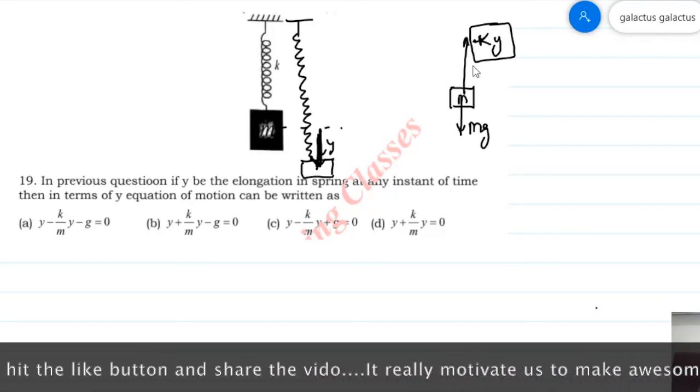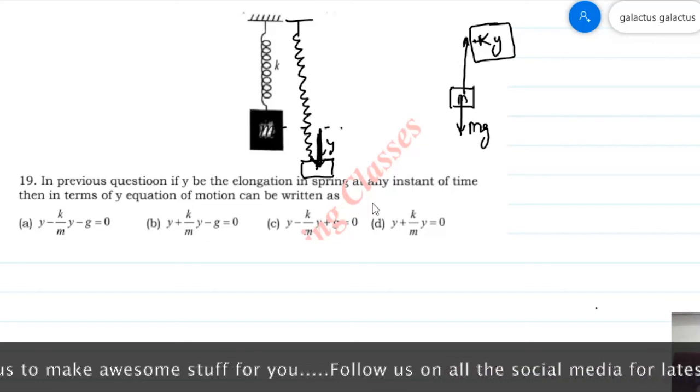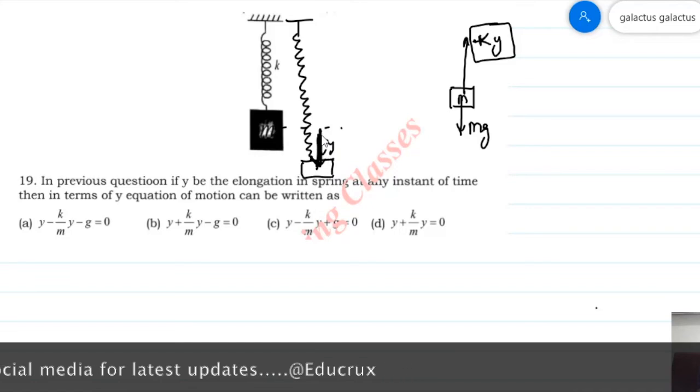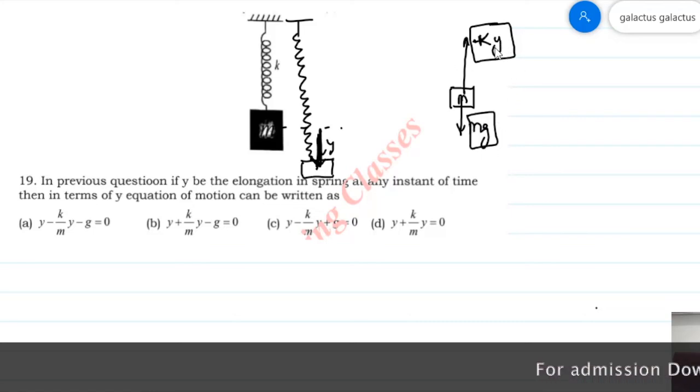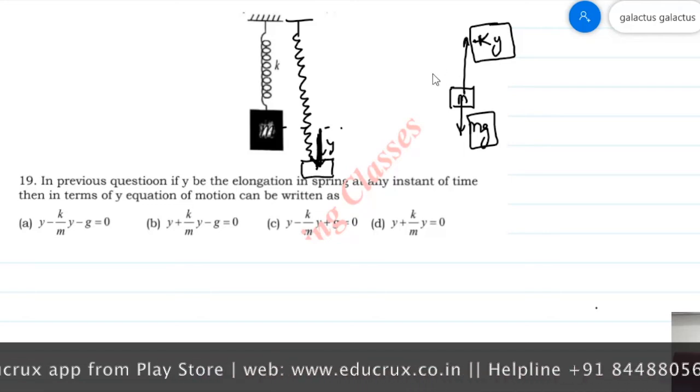So this is the restoring force. If the body is extended to a new point by a vertical displacement y, then the block of mass m will experience a force of mg, that is the weight of the body, and minus ky due to the restoring force, as the spring will try to push it back